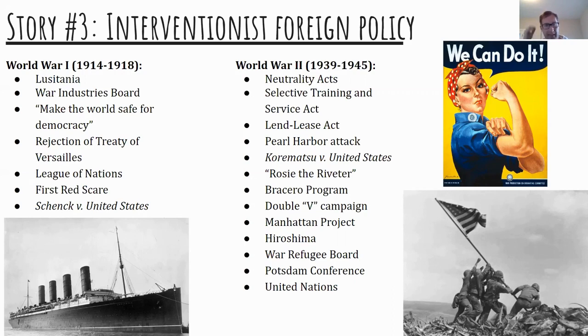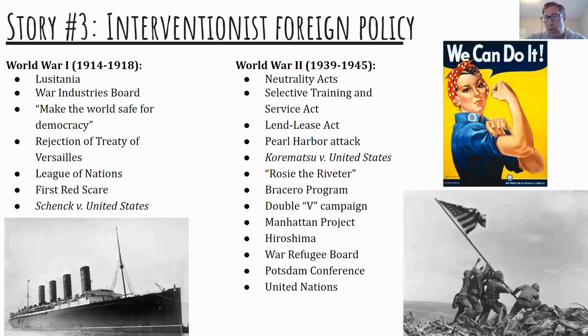Obviously, we had economic ties with the Allies, Great Britain and France. There was also the fact that Americans were being killed in the crossfire by German submarines, which angered a lot of Americans. There was also Woodrow Wilson's desire to spread democracy. So this idea that if America got involved, we could have a place at the table of the peace negotiations. We could help create a lasting peace for Europe, and we would be able to increase our role in the world and spread our ideas overseas.